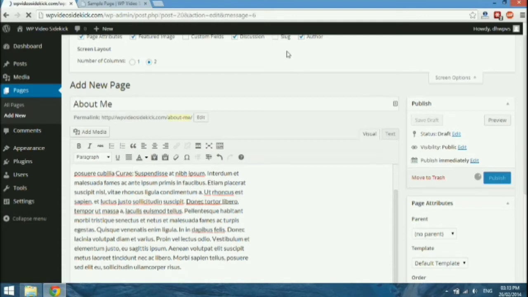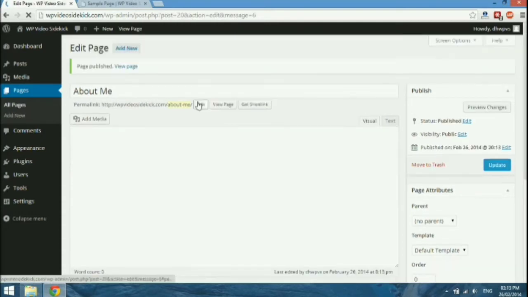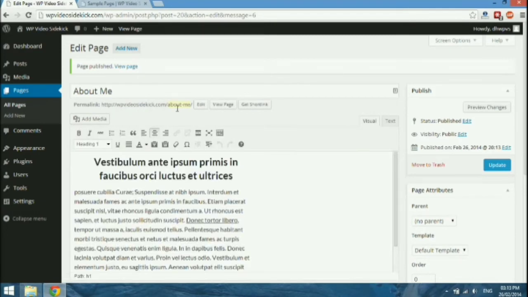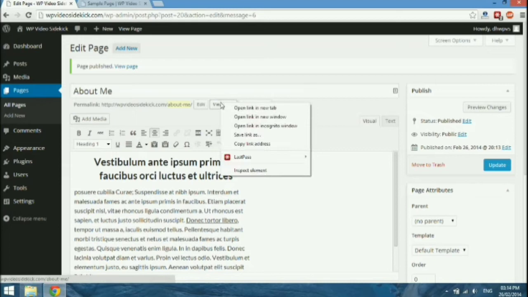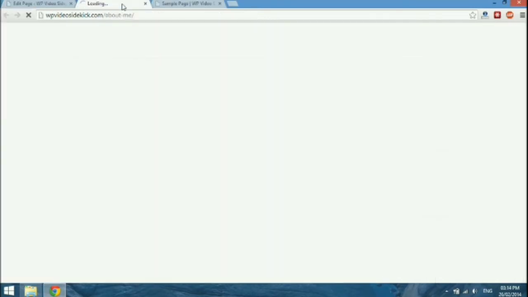And again, our URL will include the name of our page, so it will be our main URL, wpvideosidekick.com/about-me, and again you can edit this URL, you can view the page, or you can get a short link. And let's go ahead and view the page,